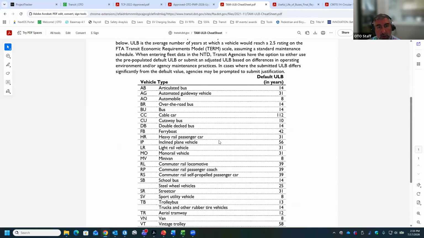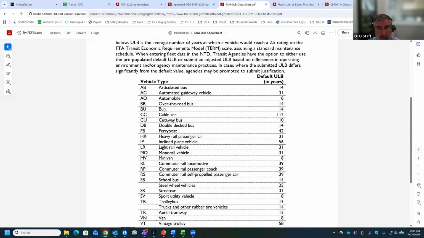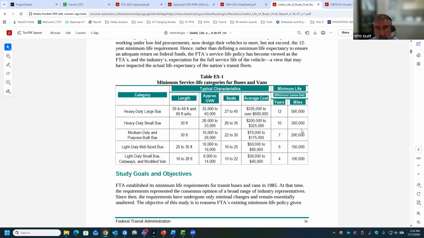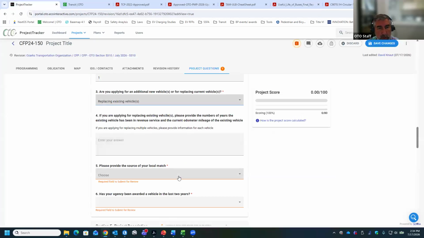There's a longer cheat sheet about it for different buses. So these are mostly bigger vehicles, but it has here van 8. Oh, that's the useful life benchmark. Sorry. So you should go by minimum useful life. So the 4 years for a small vehicle has some descriptions there, but you cannot replace a vehicle that hasn't reached those milestones, which is, I would say, fairly rare.